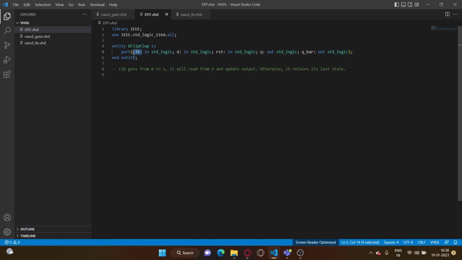CLK stands for the clock signal. So we'll be pumping a clock into the D flip-flop. D is the input signal. RST is the reset signal. Q and Q bar are the outputs. D is the input signal, which the D flip-flop will store, and RST is reset,